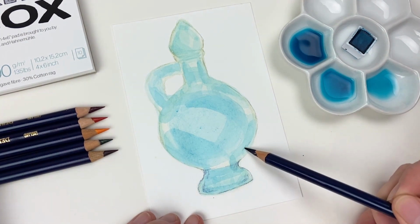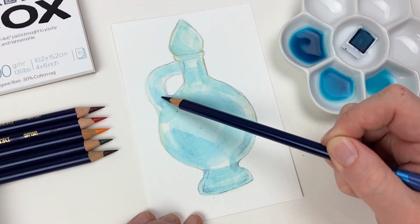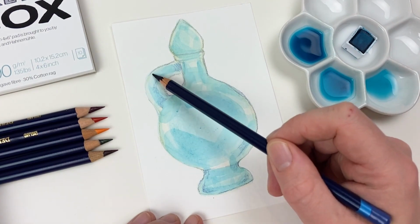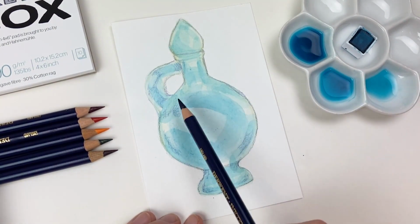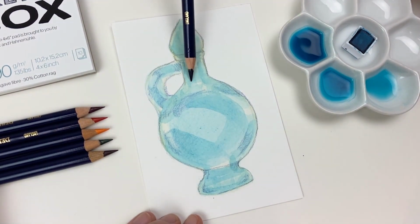the darkest areas of our glass bottle. Now if you're looking to incorporate a bit more texture in your piece this month, this is a great technique to keep in mind, as that colored pencil does give us a little extra emphasis. But since we're depicting glass, I'm actually going to go back in and activate that peacock blue and smooth out